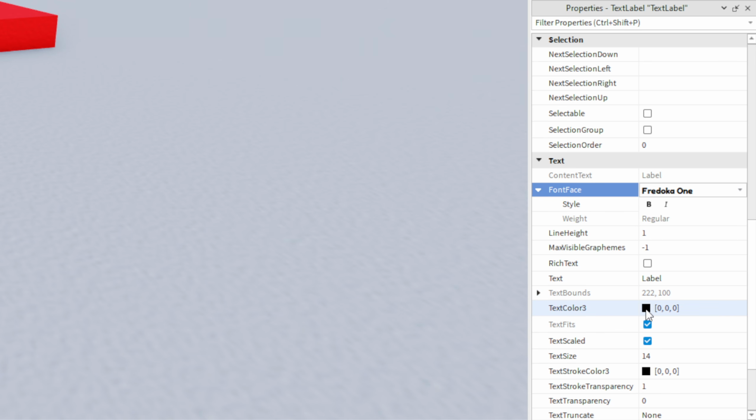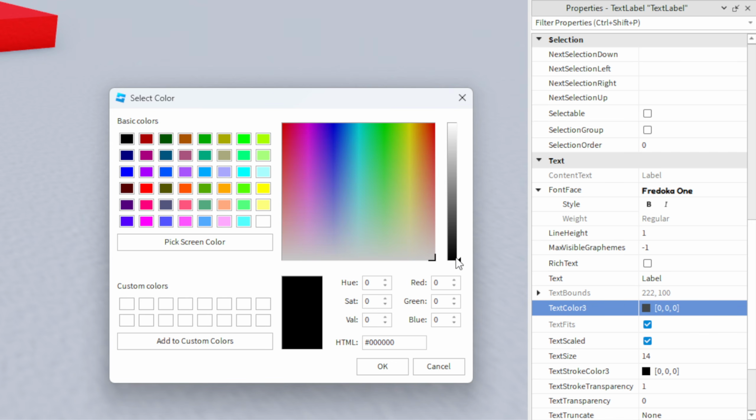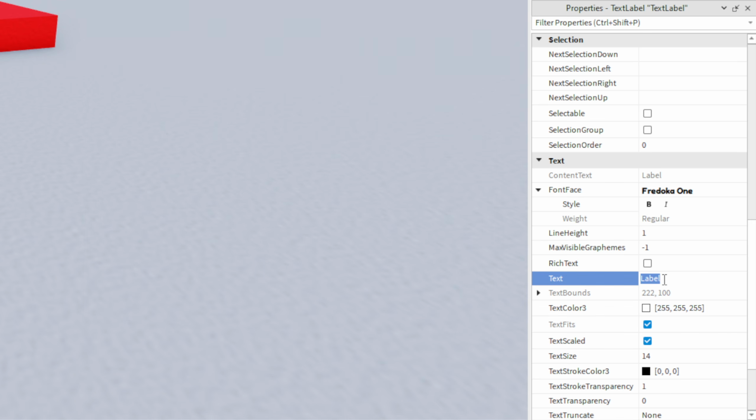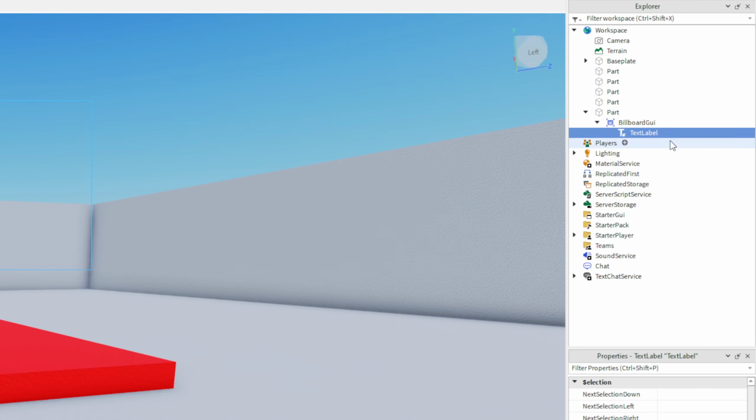I'm then going to set the text color 3 to be a solid white, so I'm just going to drag this all the way up here, click OK, and you can set some text if you'd like. I'm just going to leave it at label for now because we will change this using a script. So we've got the text for our button, and if you'd like, you can customize it even more by inserting